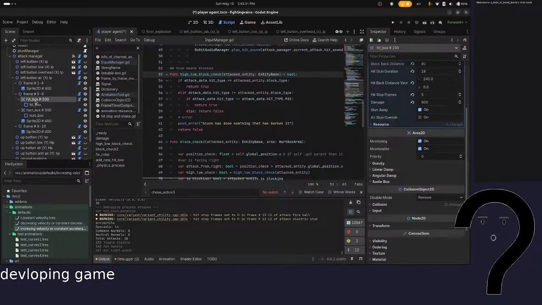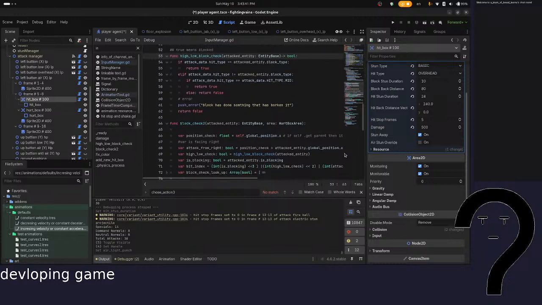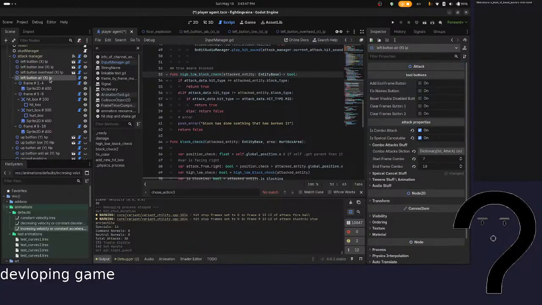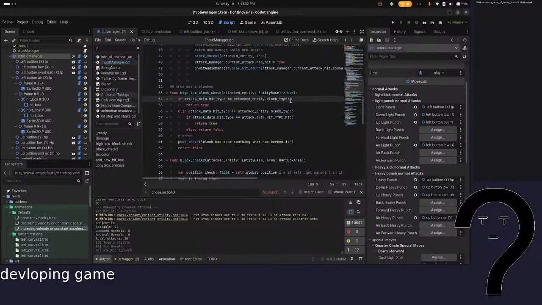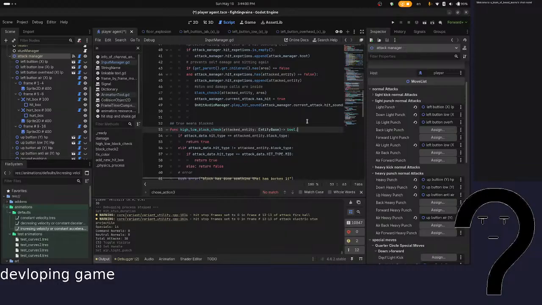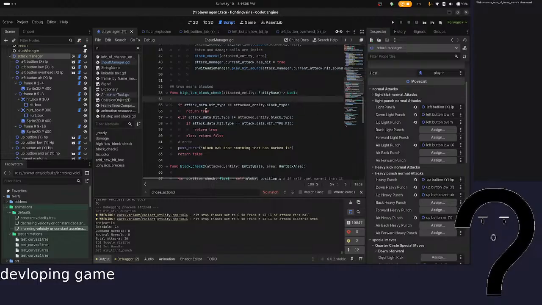No. The attack manager might. Does an attack have access to it? No. Attack manager, yes. Okay. I have reference to the attack manager, so question,